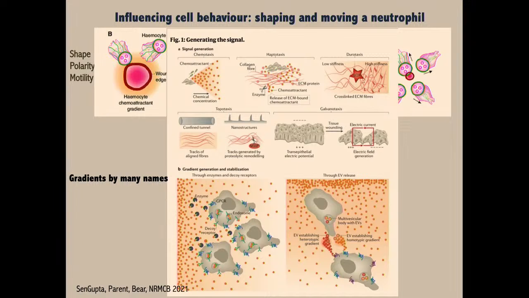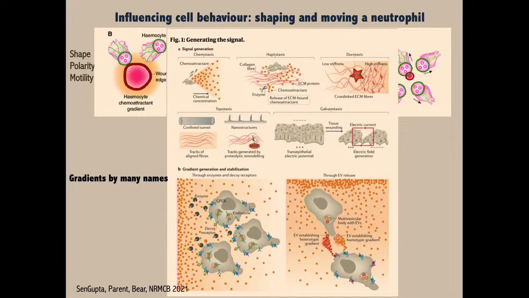And I just want to use this slide to say that that signal doesn't always have to be a chemical that has a gradient, although this is really the most common way of generating a signal. So you can have a chemoattractant that forms a gradient to which these single cells are attracted. But as I said, there are other sorts of